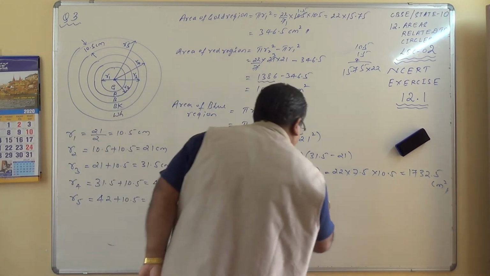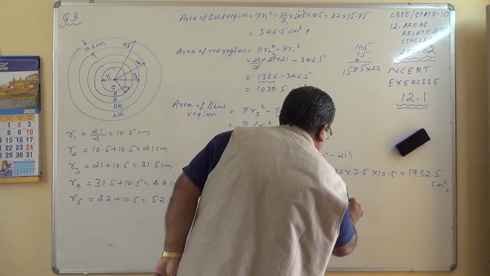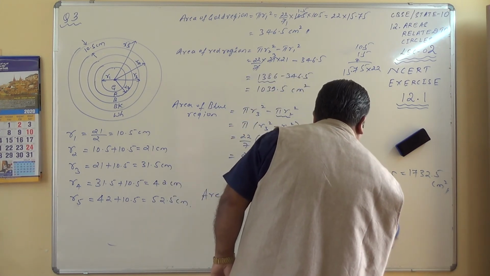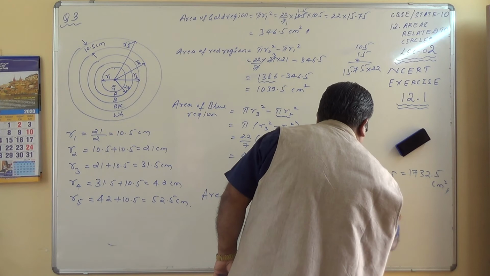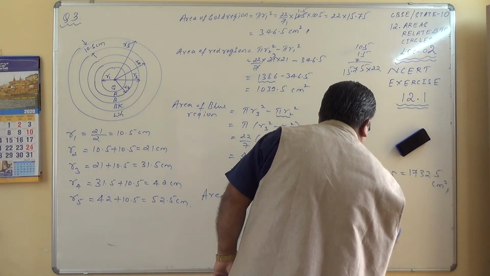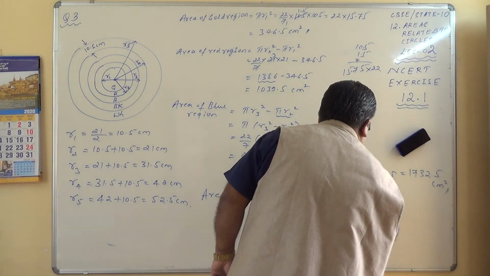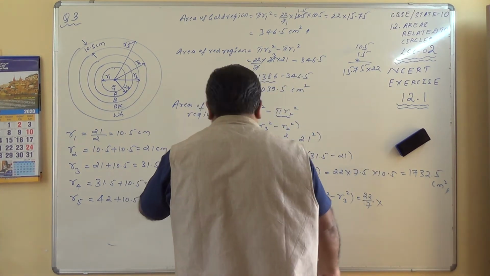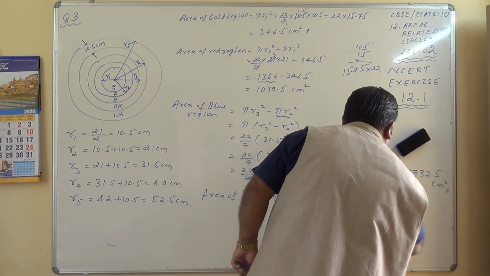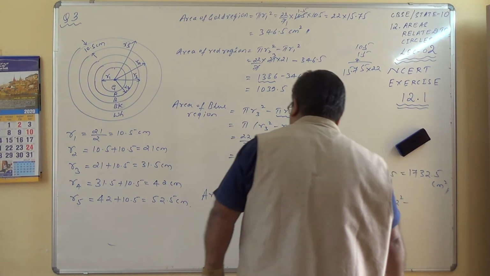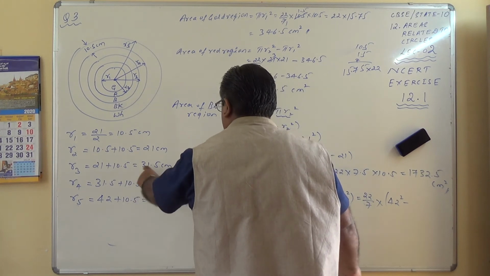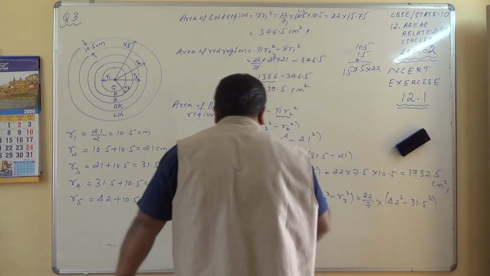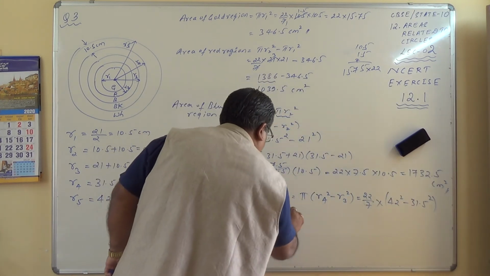Therefore, pi times R4 square minus R3 square I'll write, which is equal to 22 by 7, we'll do it directly. 22 by 7 into R4 is 42 square minus R3 is 31.5, the whole square. So this will work out, which is equal to